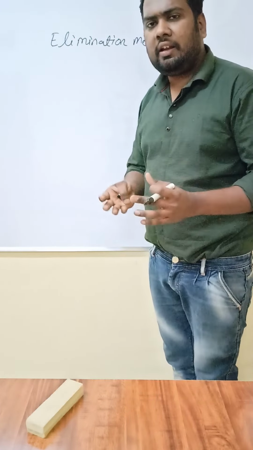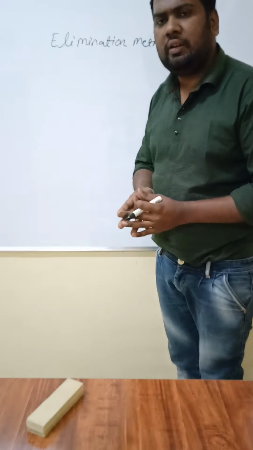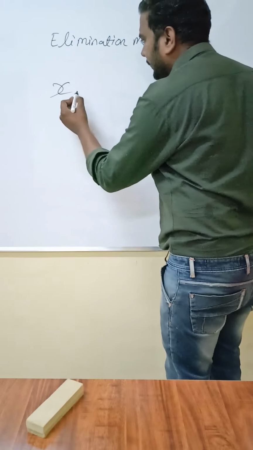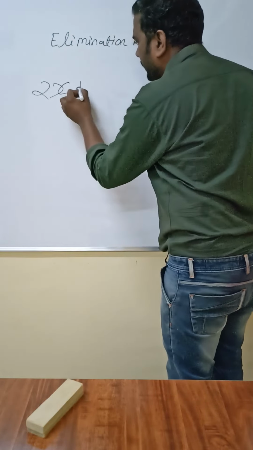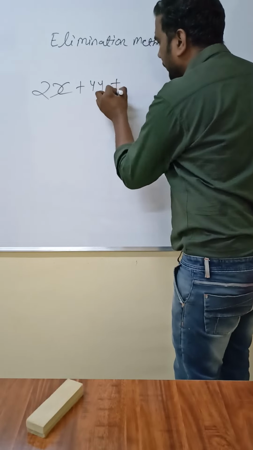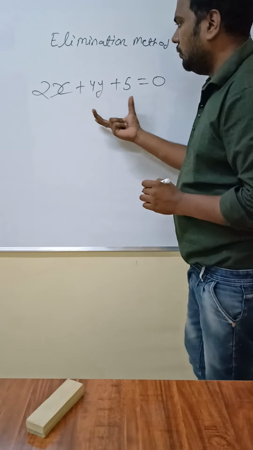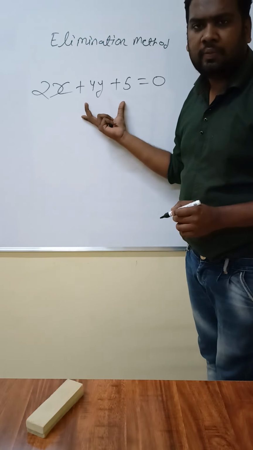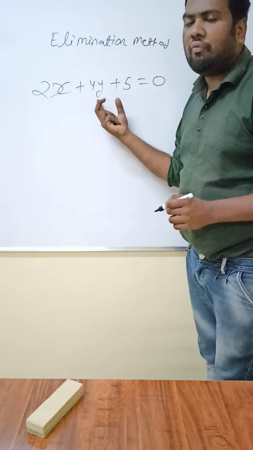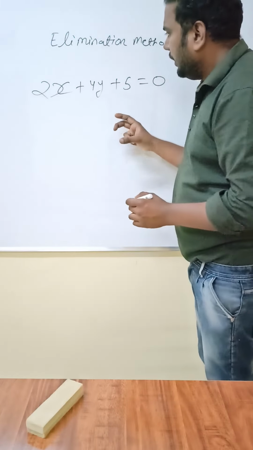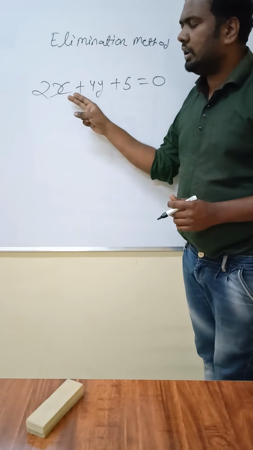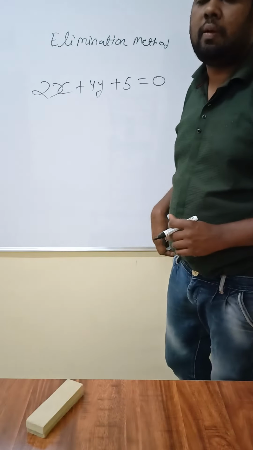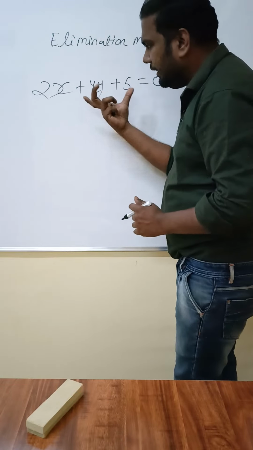Students, linear equations are represented using an expression like 2x plus 4y plus 5 equal to 0. This is an equation of two variables, where x and y are variables. Students, we have to find x and y. For this purpose, we require two equations. First one is